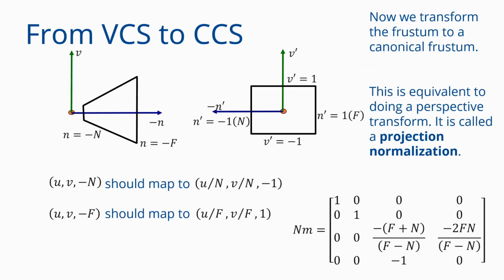The third step, we are going to take our view frustum with its side planes at u, v equal to plus minus n and convert it to a cube. Obviously, none of translation, rotation, shear or scaling will do this for you. Because what am I asking it to do? I am asking it to sort of stretch out this side, the near plane side, and I am asking it to squish that side.